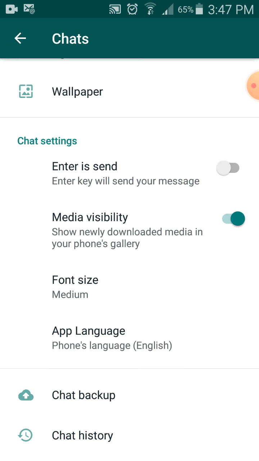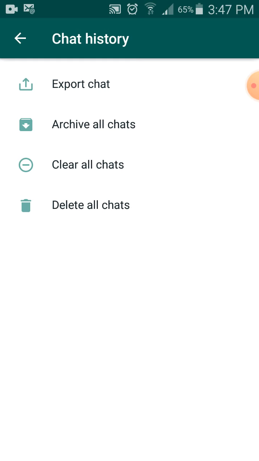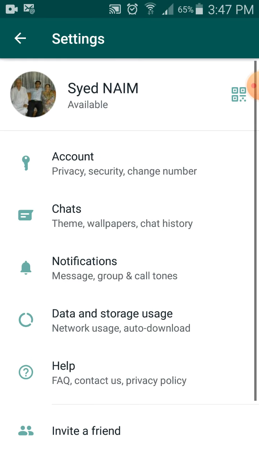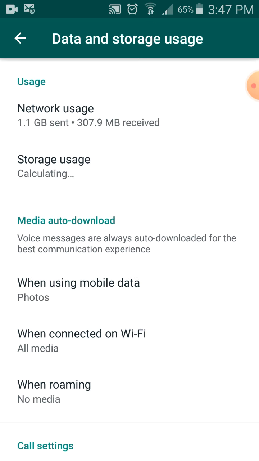Okay. Chat backup: I told you in the last video about WhatsApp how you can take the backup, and I will put the link for my last video so you can see. So about chat backup and chat history, I come back. Data and storage usage, I told you in the last video also.